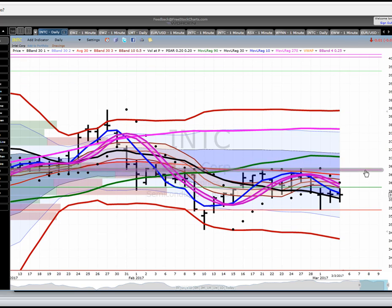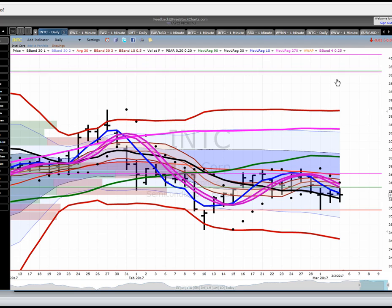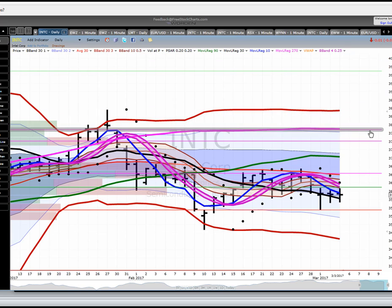Looking at the upside, we would want to see it get through the top of the dragon at 36.50. That'd be the first place that we would start feeling comfortable about that trade. Next top of the dragon, notice over here, we're looking for 37.50, and then a final target at fair value at the RL 270,